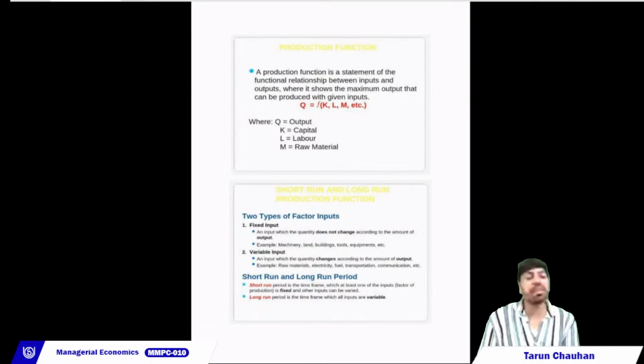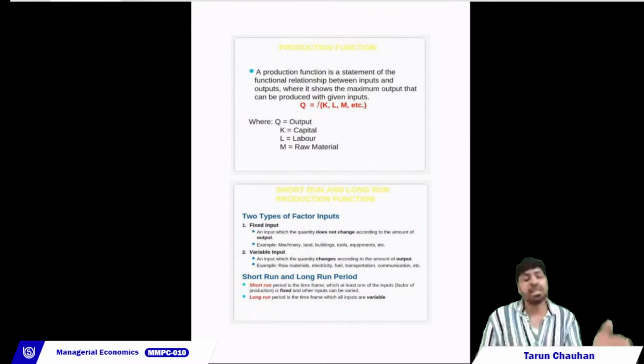That quantity will remain constant according to the amount of output. So in other words, I could say the output changes, but the quantity remains constant. A variable input is an input where the quantity changes according to the amount of output. So it means